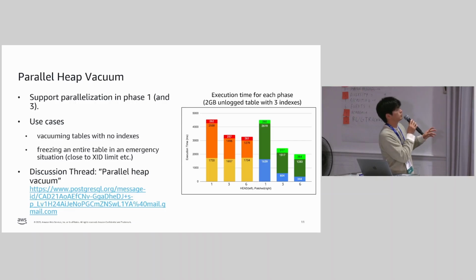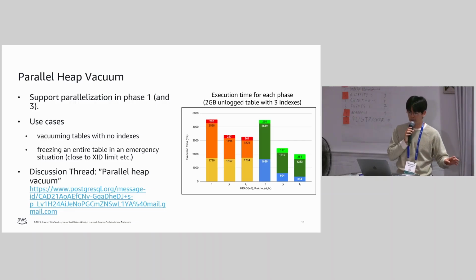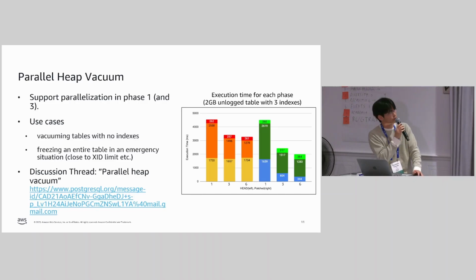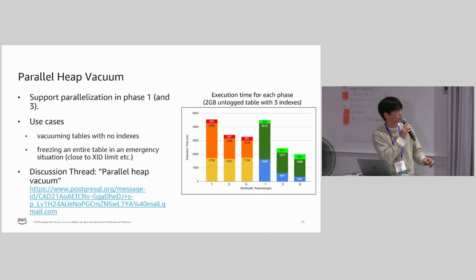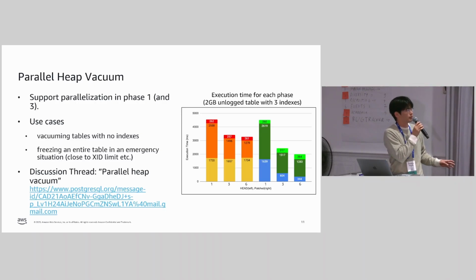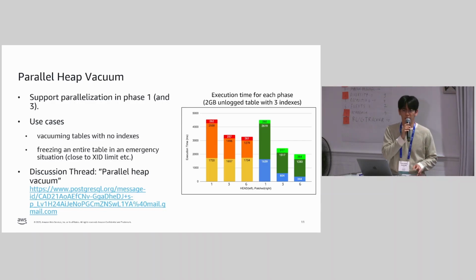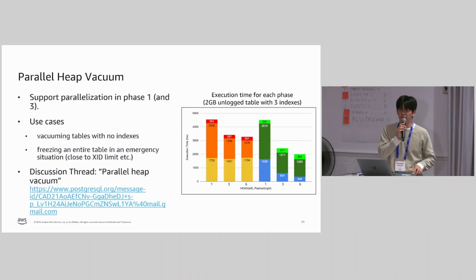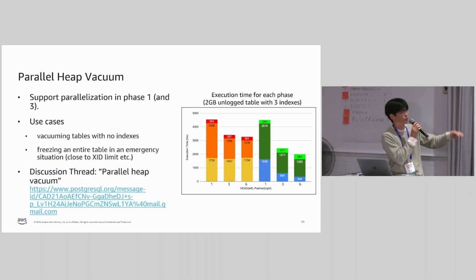with parallel vacuum and without parallel vacuum. The left 3 bars, red, orange, yellow, show the current PostgreSQL, I mean without parallel vacuum. And the right side, green and blue, shows the execution time with the parallel vacuum. Each bar is a stacked bar showing the execution time for each phase, 1, 2, 3 from bottom to top. So looking at phase 1 execution time on the left side, I mean the yellow graph,